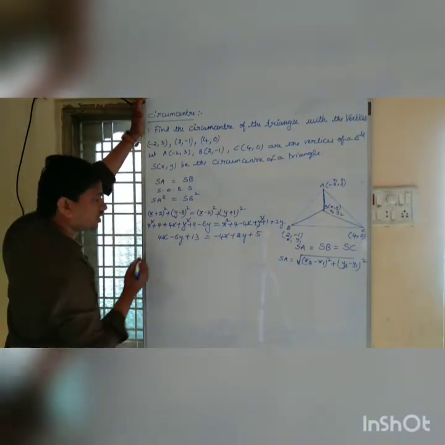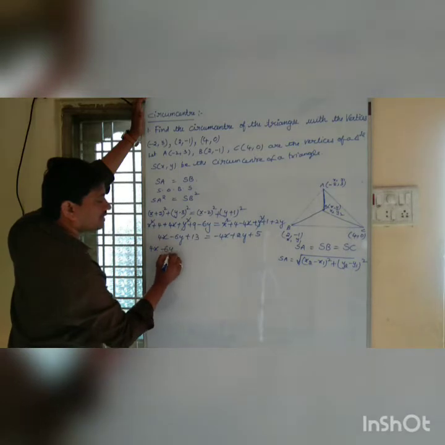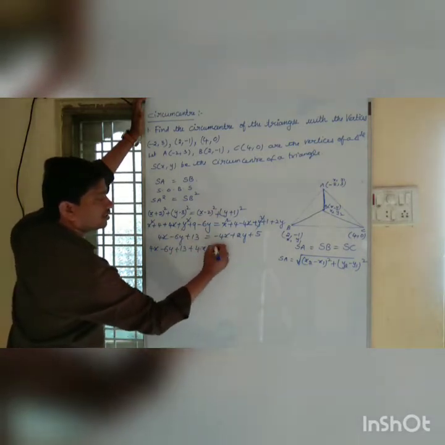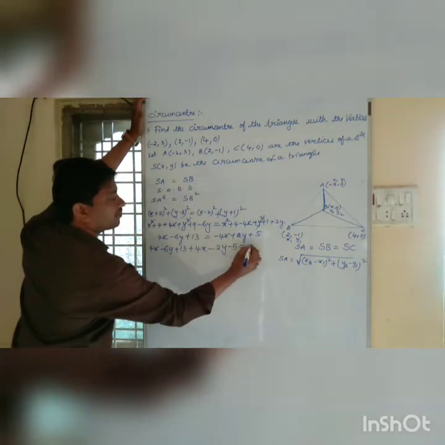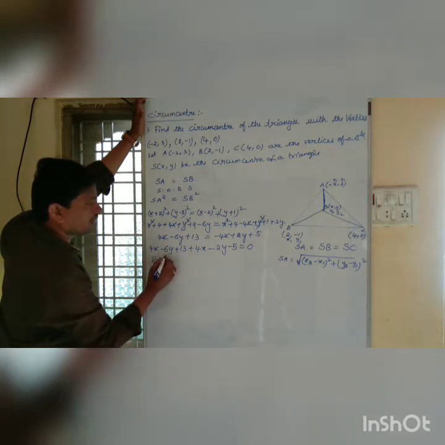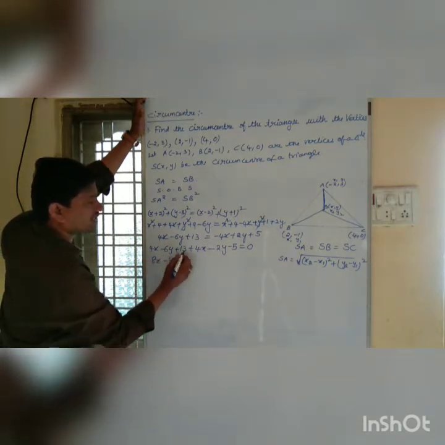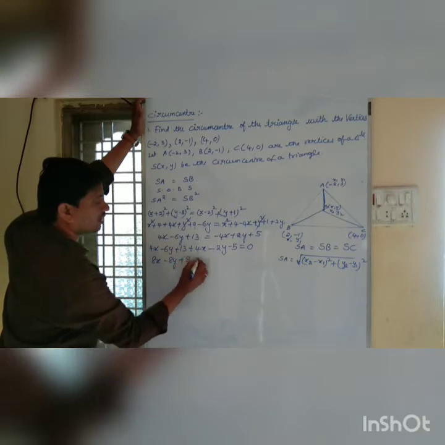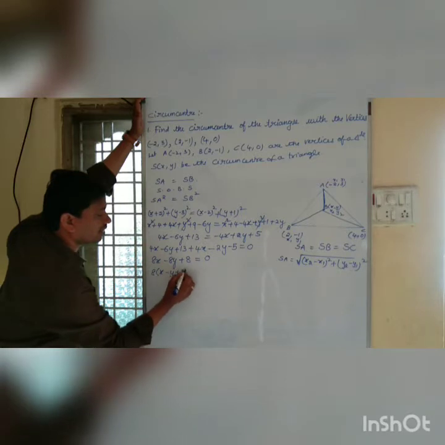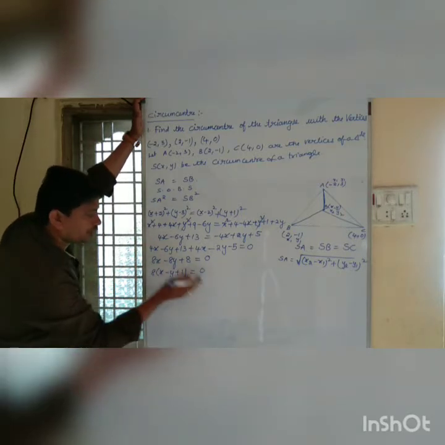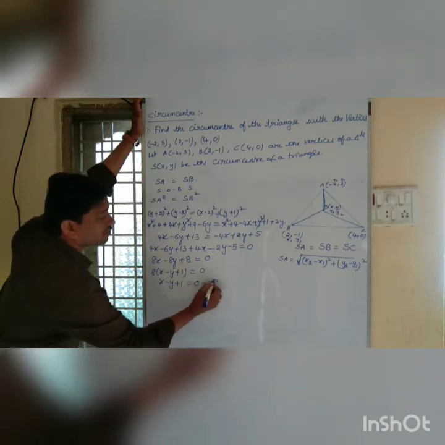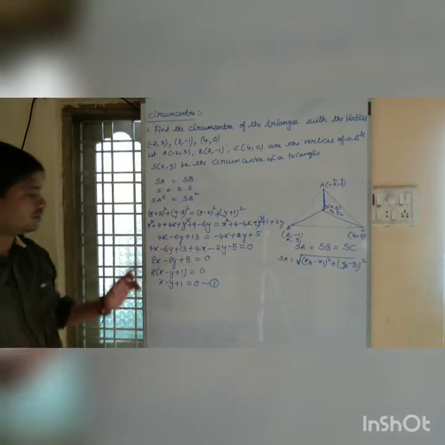Let us transpose all the terms. 4x minus 6y plus 13, minus 4x comes to this side, means plus 4x minus 2y minus 5 is equal to 0. 4x plus 4x, 8x, minus 6y minus 2y, minus 8y, 13 minus 5, 8, equal to 0. Let me take 8 as common. x minus y plus 1 equal to 0. 8 you transpose, you will get x minus y plus 1 equal to 0. That is equation number 1.